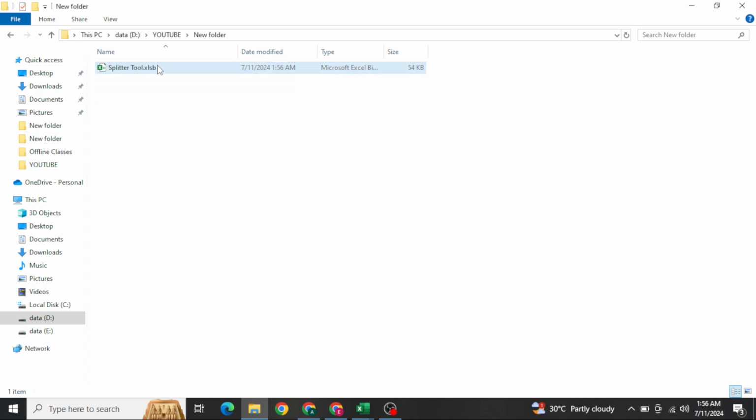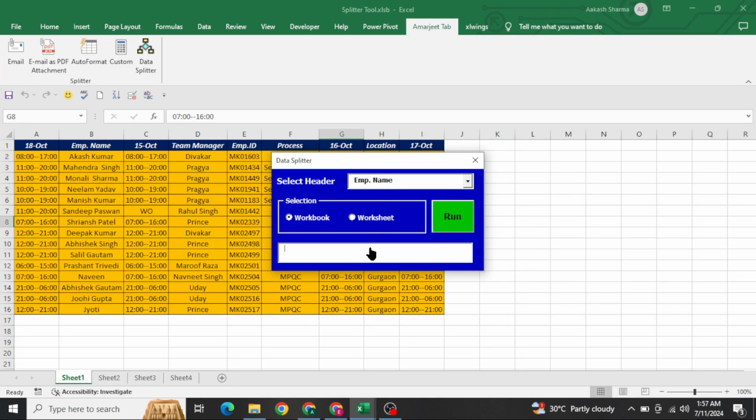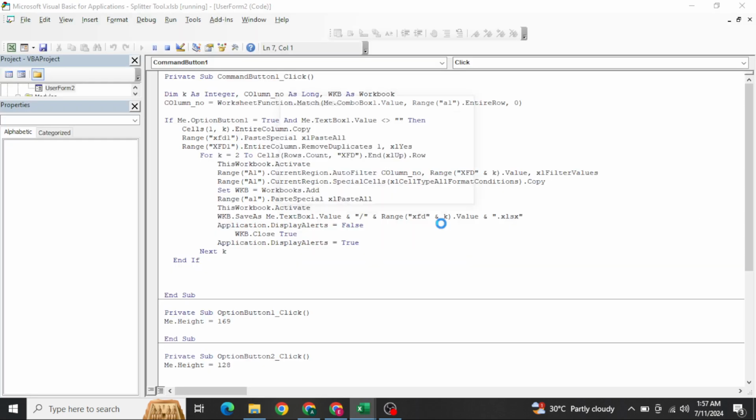Okay, let me delete it, and I want to give this path here, and come here and paste it. Paste and run. Now you see we are getting the error. Where are we getting the error? Here. You see the k is nothing here. K is nothing, right? Instead of k, we need to give the column number, which we have not entered. Okay, now run it.